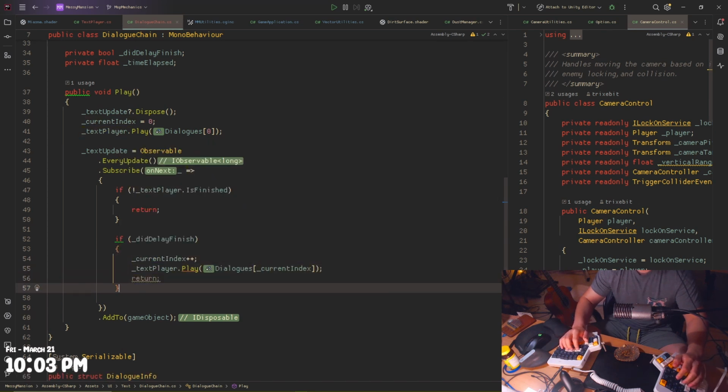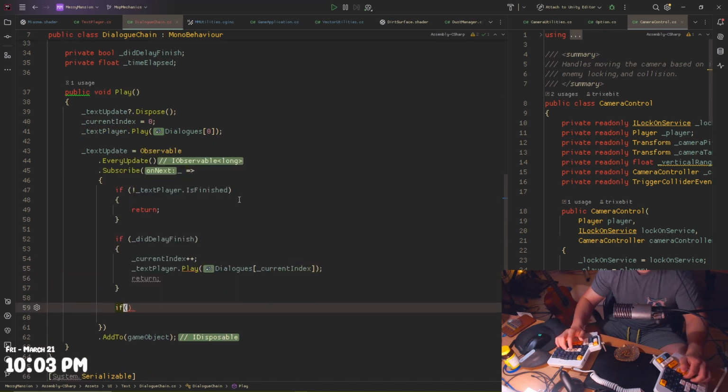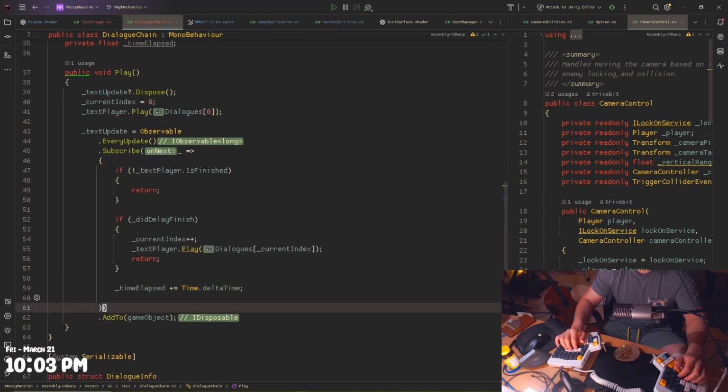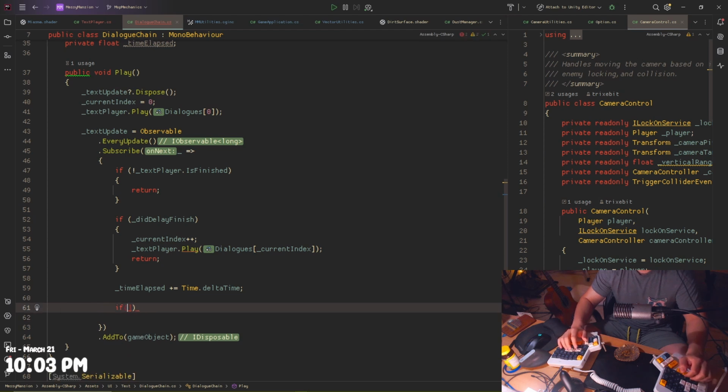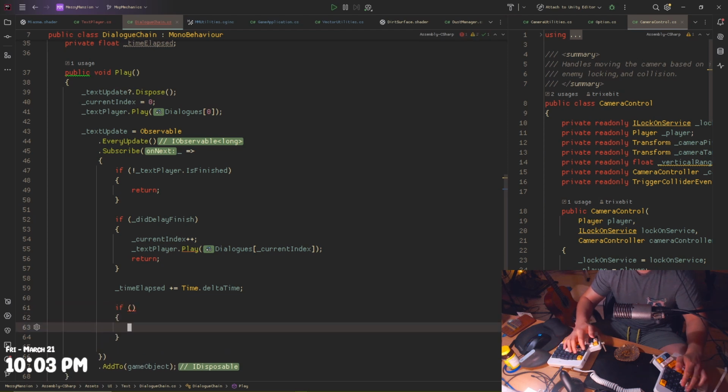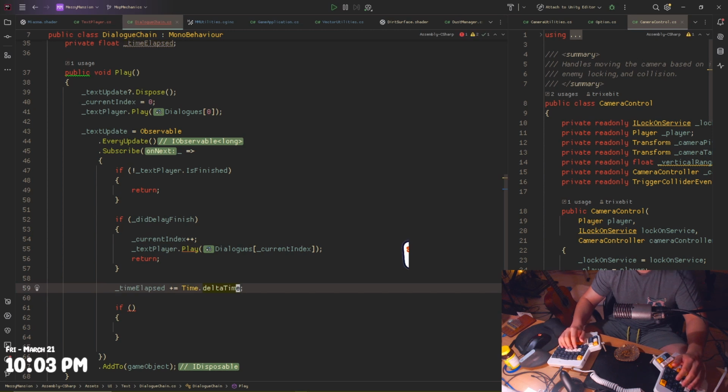And then finally, if it's finished and the delay didn't play, then we do time elapsed plus equals time delta time. That's actually correct. I think it's in seconds, right? Time delta time is